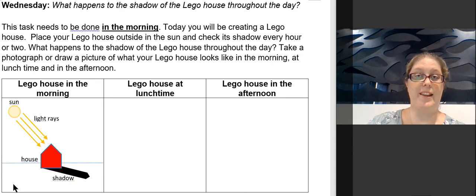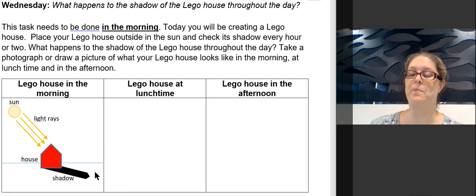So when we do science drawings, you need to have nice clear symbols, and they're pretty simple drawings. We don't go into a lot of detail because that's what artists do. We want to communicate our scientific knowledge. So we have here a circle for the sun, and we have a shape here for the house. I've drawn the ground in the box as well so that it looks like how we would observe it